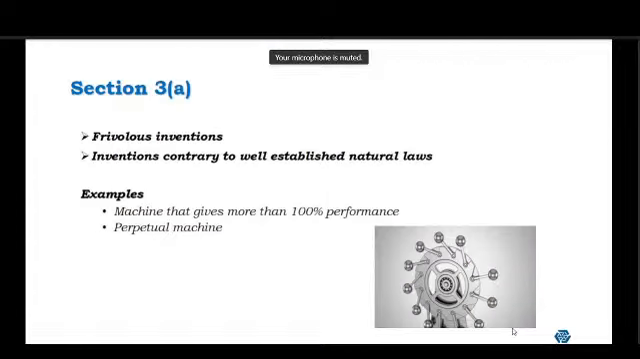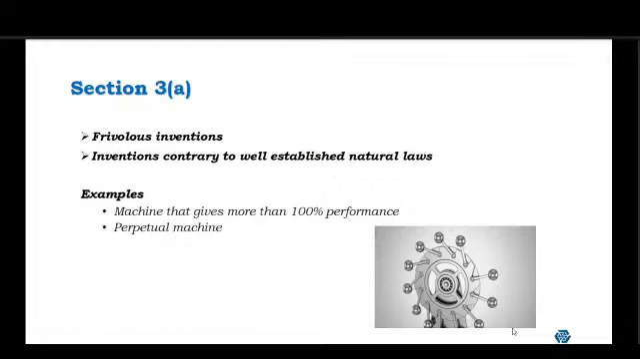Frivolous inventions, inventions which are contrary to law. Now, I don't know whether everybody must have heard of perpetual machine. Many of the students have come up with such projects wherein the machine will not require any energy. By way of perpetual motion, it will keep on working, but that is again in contradiction to the established laws